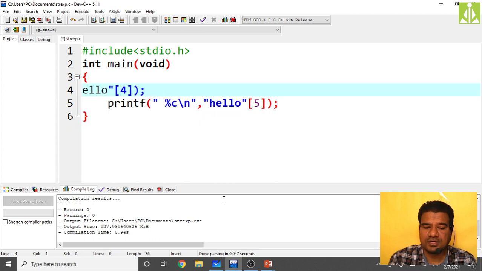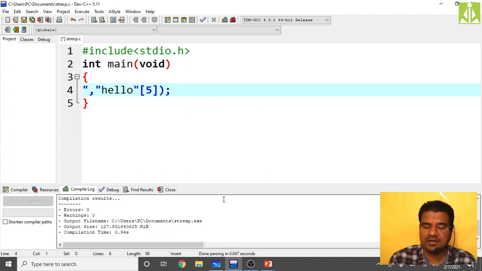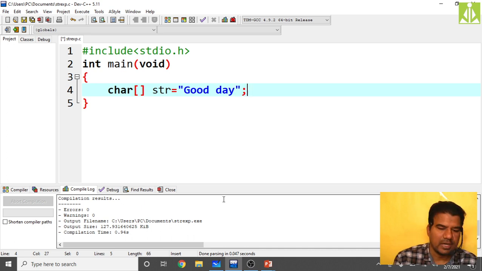See, this is the structure of a C program. Here I am declaring a string: char str equals, we said, like this. This is one approach to declare a string, "good day".